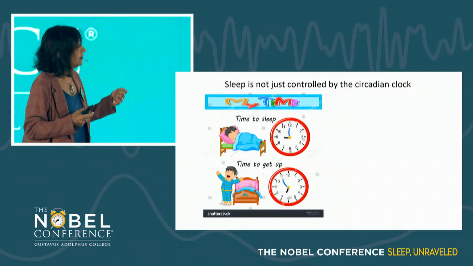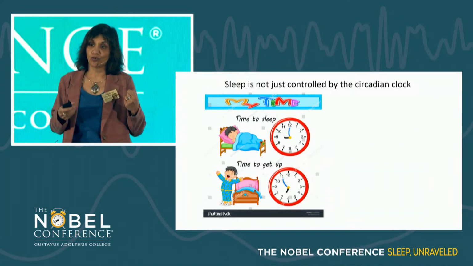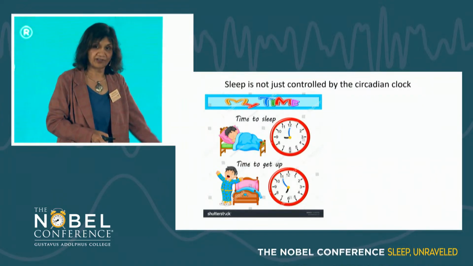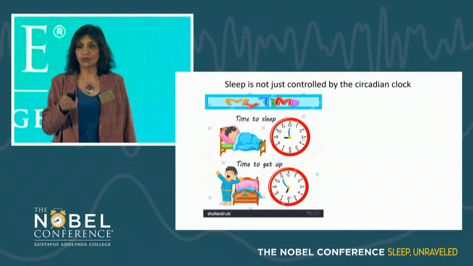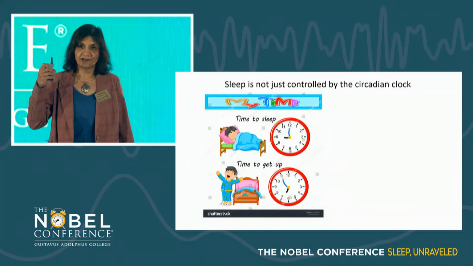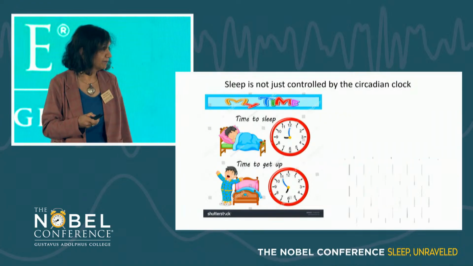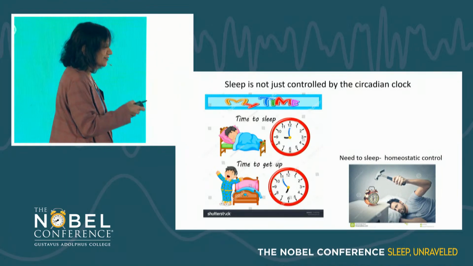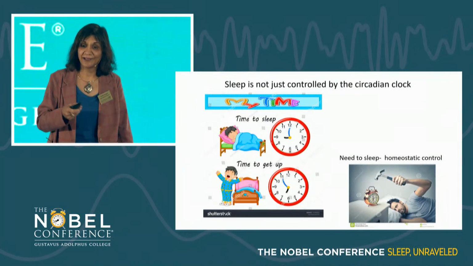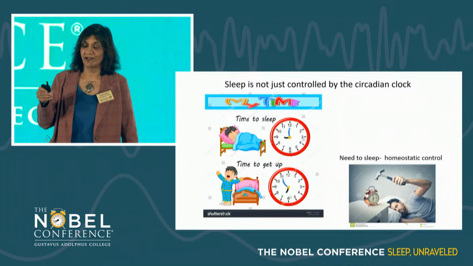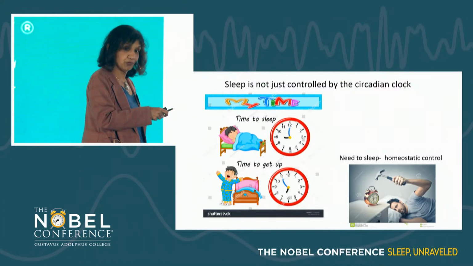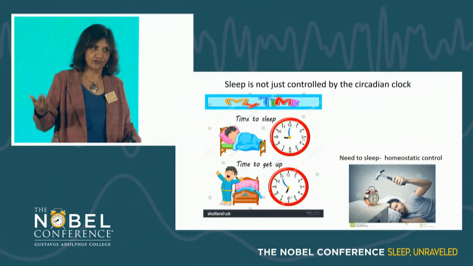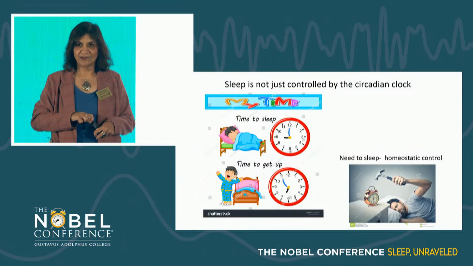So typically, the timing of sleep is controlled by the clock. You sleep at night and you're awake during the day. But you all will have noticed that if you haven't slept well at night, or not slept at all, then the next day you want to sleep, even though your circadian clock and the alarm clock are telling you to wake up. And that is an example of the homeostatic control that Margaret talked about, that we all have